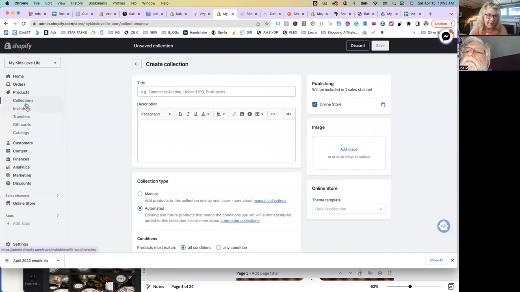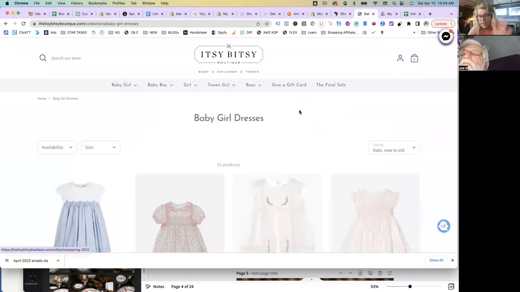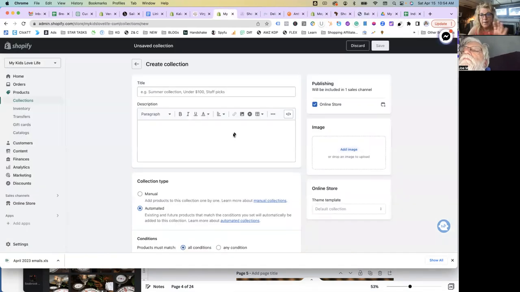So creating collections. You can create two types of collections. One is a manual collection, one is an automated collection. If you have a lot of products, and she keeps changing her products every season, to have manual products would be a nightmare. What we've done here is we have created automatic